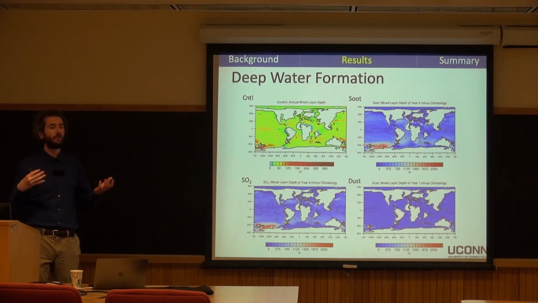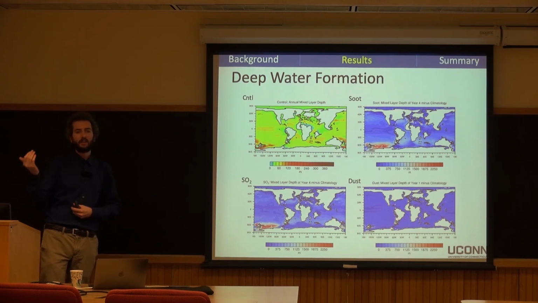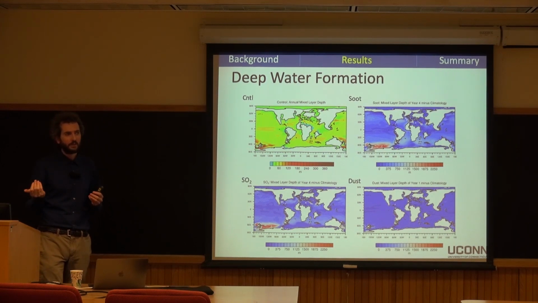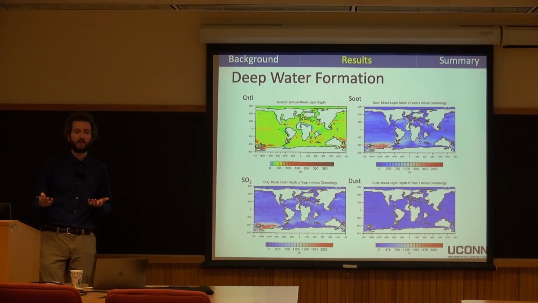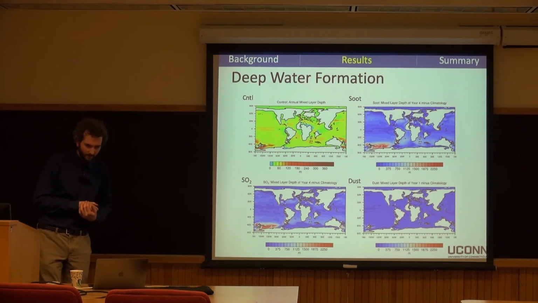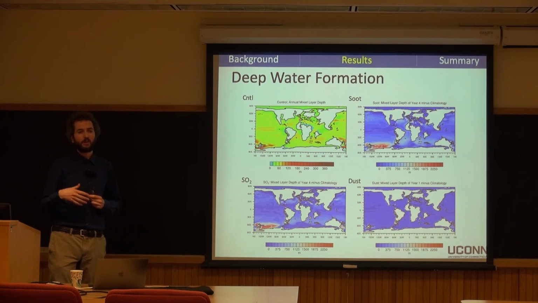And this relates to both the cooling temperature. So you've decreased temperatures quite a bit. Obviously, that's going to cool the surface waters, lead to sinking. But also, you've decreased your precipitation quite a bit in a lot of these regions. So your freshwater flux from rivers and things like that is quite a bit less compared to climatology, where you actually had relatively warm and moist climate in the high latitudes. And so both these things interact to lead to extreme increase in deep water formation, particularly after the SO2 and the soot emissions. What this does is this drags water to depth that's relatively cool.